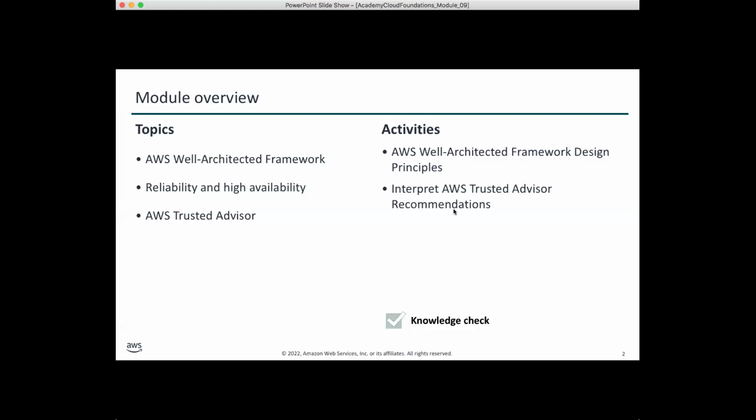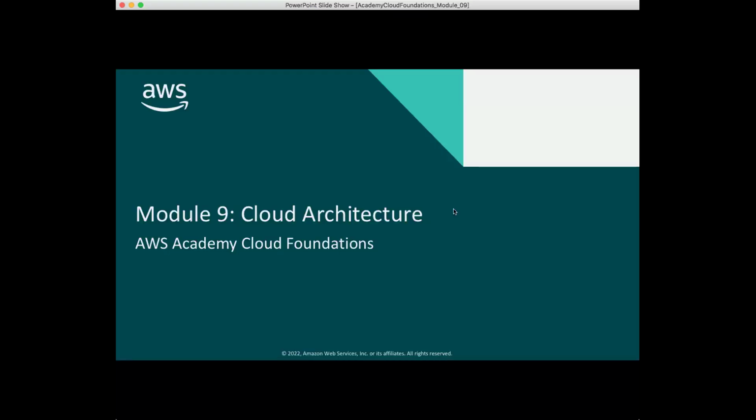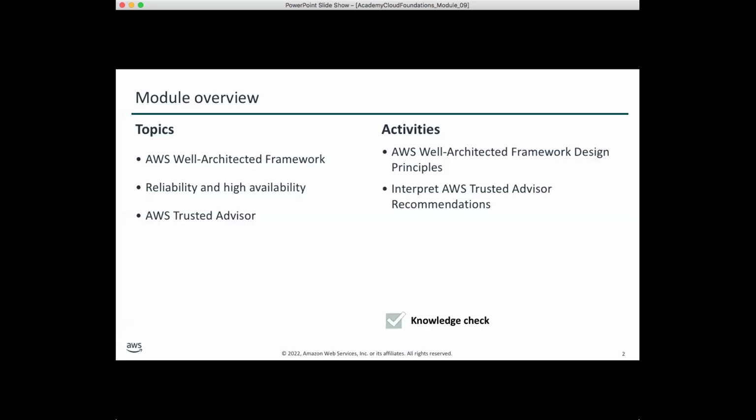Right. So we'll start. We'll look at cloud architecture today. That's module 9 from AWS Academy Cloud Foundations. In this module, we'll look at what the AWS Well-Architected Framework is. We'll also discuss reliability and high availability. We'll look at how AWS Trusted Advisor can help us